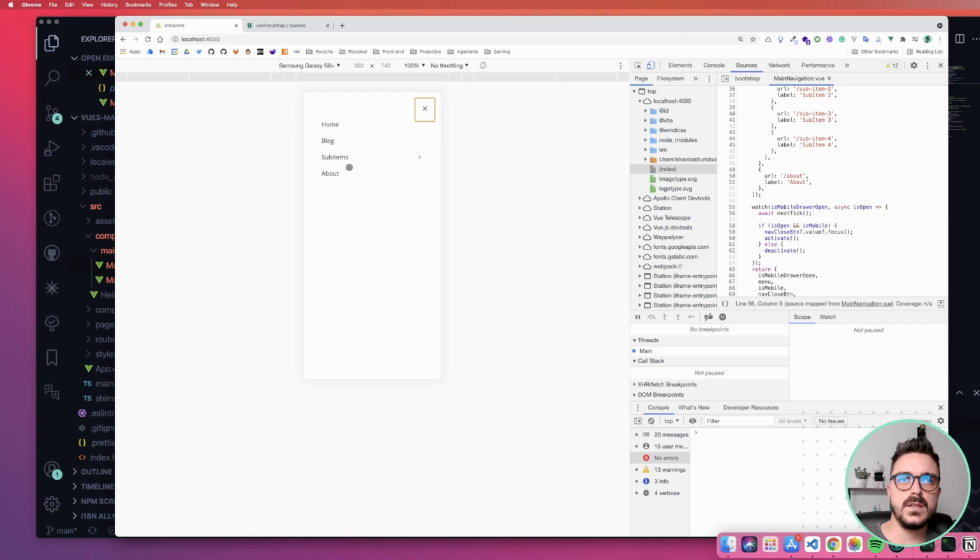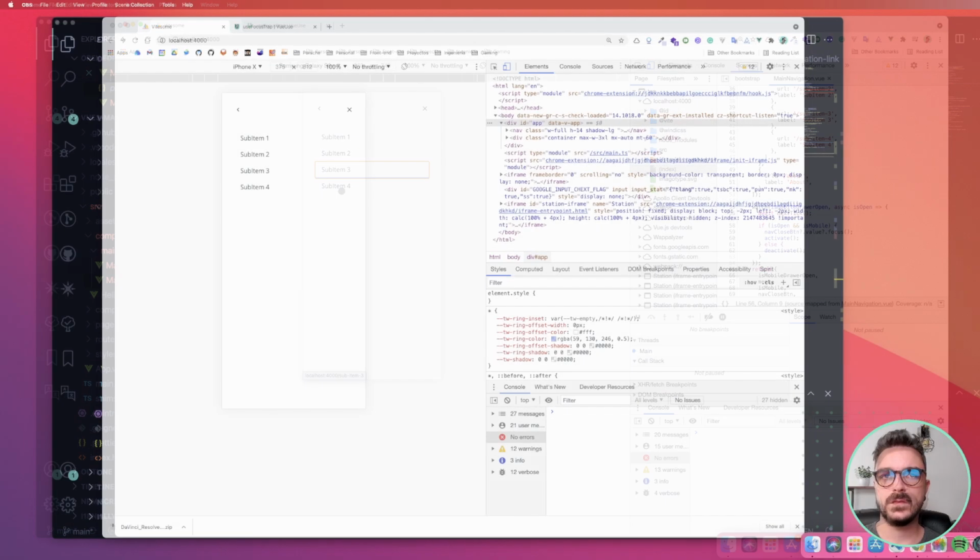Now that we have this one, we need to implement the same behavior on the submenu. In the submenu, we have this back button that should be the first one to be focused, and also we have to implement a focus trap, because if you can see, whenever I go to the last one, it closes it down and goes again. I mean, it depends on how you want to do the navigation. Maybe that was supposed to be happening. But in this case, I want to implement that whenever I'm in the submenu, there is a focus trap here.